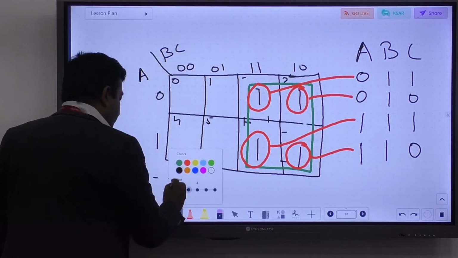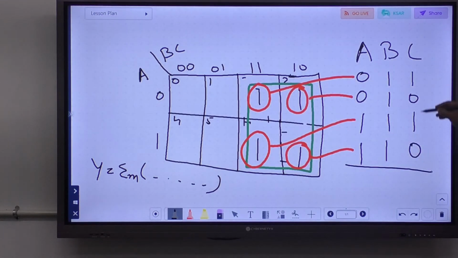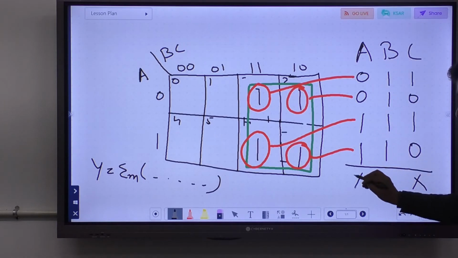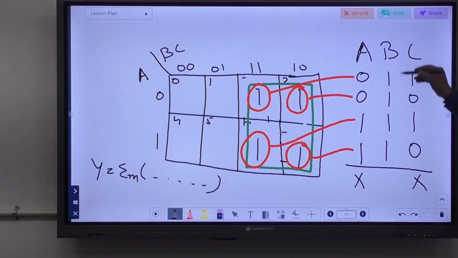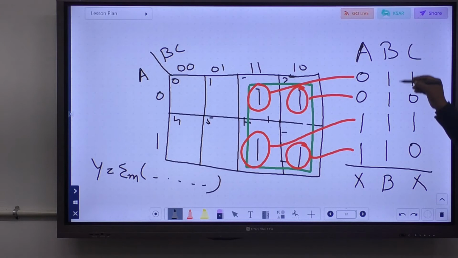So what output we would be getting is, for this the outputs are not consistent, so we can exclude it. For this again, for A the outputs are not consistent, we can exclude it. For B the output is consistent and we can write B. If it would have been all zeros, we would have written B bar.